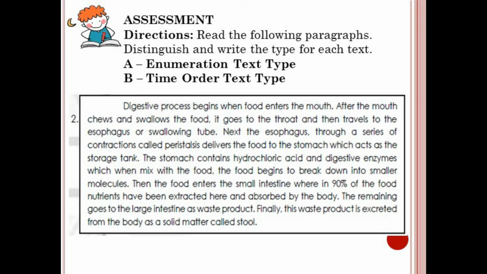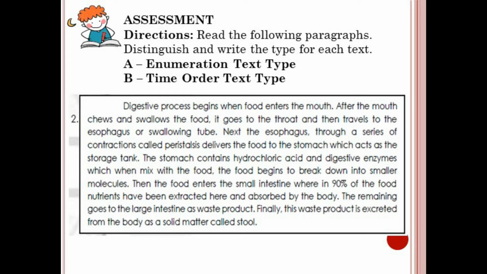Digestive process begins when food enters the mouth. After the mouth chews and swallows the food, it goes to the throat and then travels to the esophagus or swallowing tube. Next, the esophagus, through a series of contractions called peristalsis, delivers the food to the stomach, which acts as the storage tank. The stomach contains hydrochloric acid and digestive enzymes, which when mixed with the food begins to break down into smaller